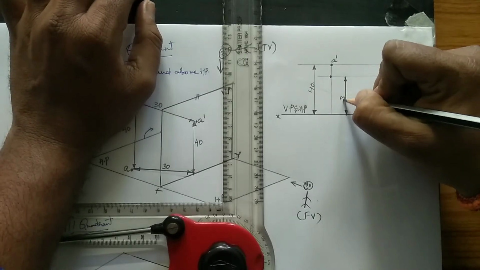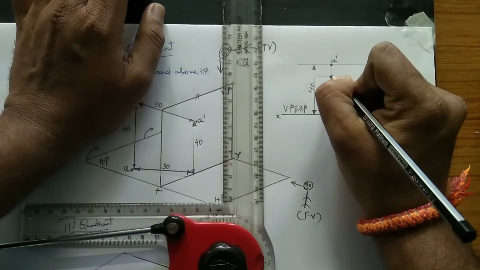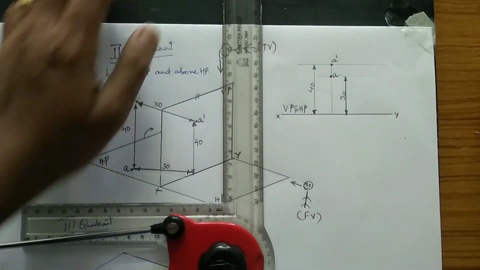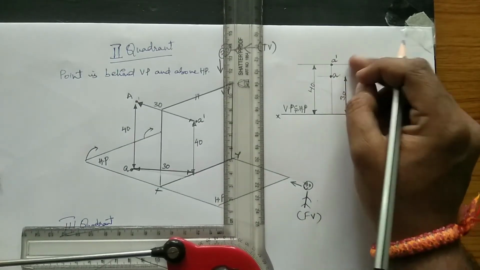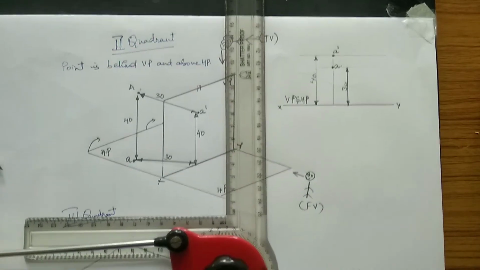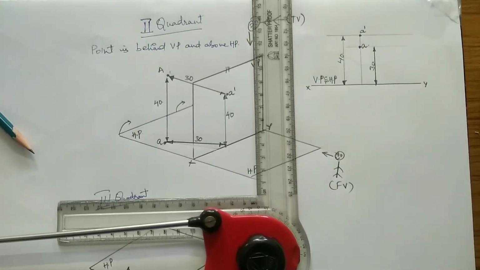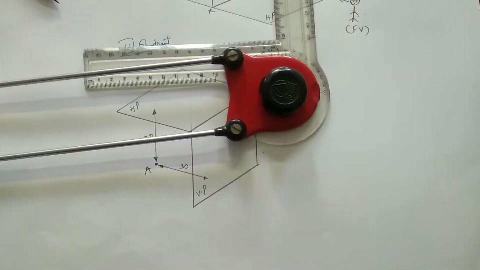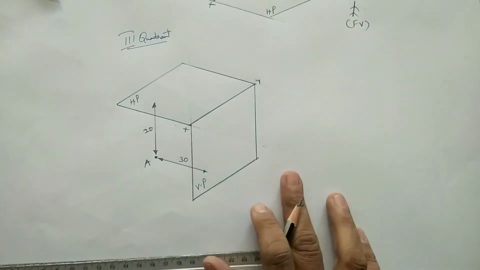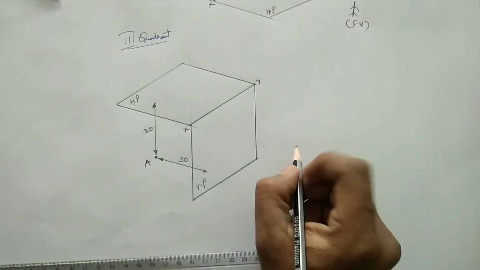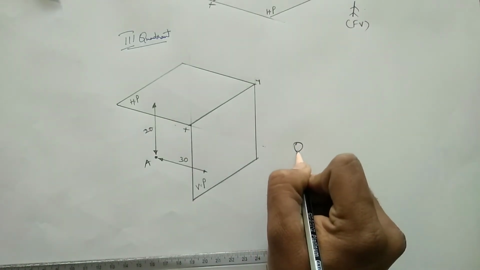This is 30 and marking this point as A. So this is the position of the point in the second quadrant. Now coming to the next one, the third quadrant. So here in the third quadrant, this is the position of an observer